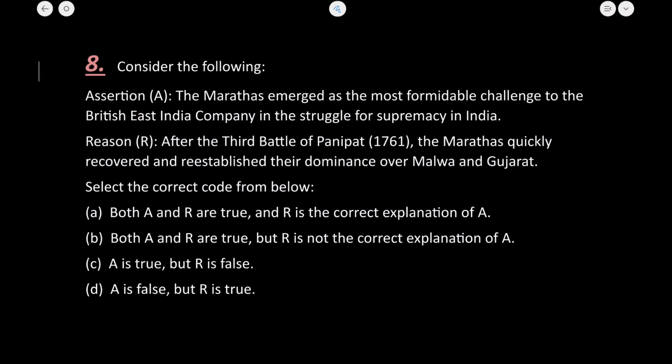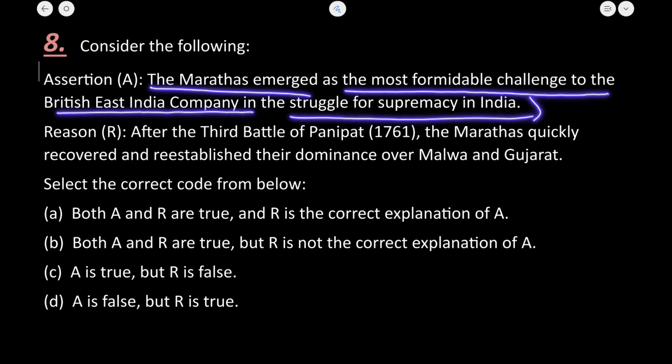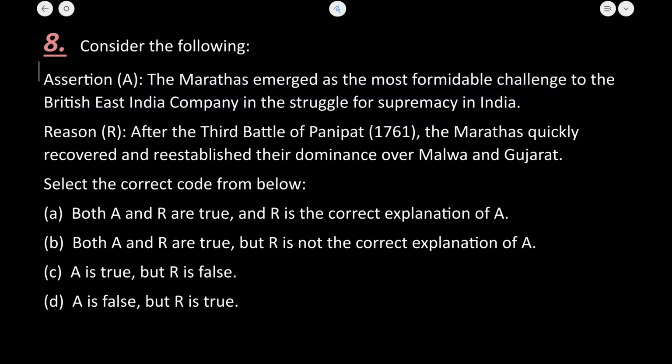Next is the Marathas emerged as the most formidable challenge to the British East India Company in the struggle for supremacy in India. So absolutely correct है. Marathas, these emerged. Now after the third battle of Panipat, they suffered a massive defeat in the year 1761 by Ahmad Shah Abdali. Now जब भी इनकी defeat हुई, so there were various challenges ahead of them. For example,